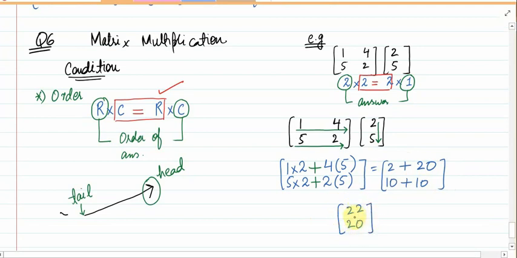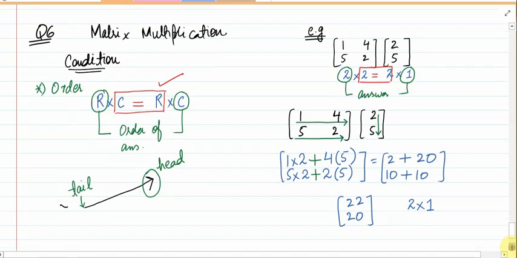What is the order of this matrix? There are 2 rows and 1 column. So the order of the matrix is 2 by 1, and we had already checked it in the condition, right? That is what I meant by saying that the remaining R and C represent the order of your answer. If your answer doesn't match this order, that means you made something wrong, right?